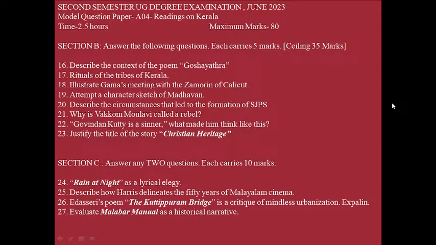So say that William Logan was the Scottish officer of Madras Civil Service during the British government, and he was appointed as collector of Malabar. Later he became the magistrate and judge in the Madras region, and he was very proficient and efficient in a lot of Indian languages, especially Malayalam, Tamil and Telugu, and he was very hardworking. He traveled far and wide, and he struggled a lot to make the